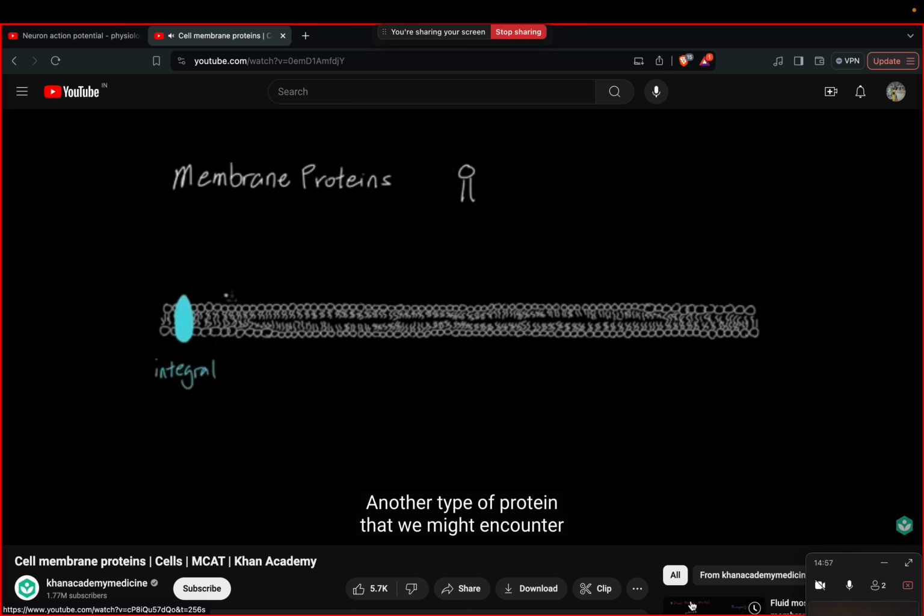Another type of protein that we might encounter might appear on top of the membrane. Occasionally, it might be slightly into the membrane, and it can also rest on top of integral proteins. And this we call peripheral proteins. And the reason why we call it a peripheral protein is because it's on the peripheral or the outside of